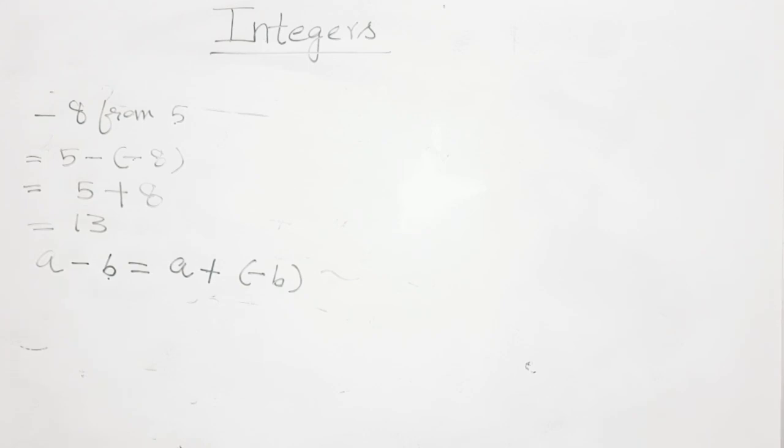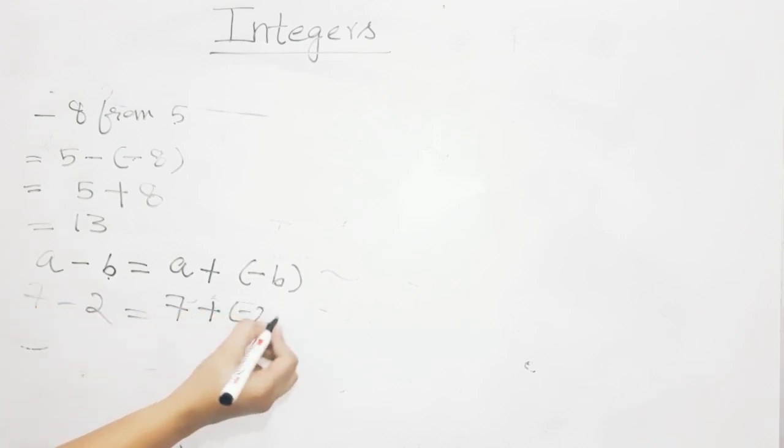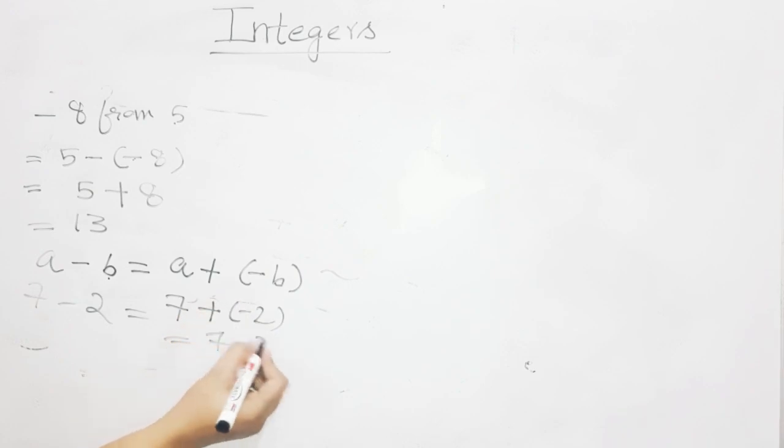So I hope it is clear now. If I am saying 7 minus 2, तो हम लोग ऐसे भी लिख सकते हैं 7 plus -2, क्योंकि plus minus is minus. So we are adding the additive inverse. So that is why I have said a few minutes ago that subtraction is an inverse process of addition. So now everybody is clear with the subtraction of integers.